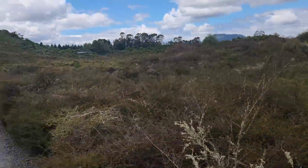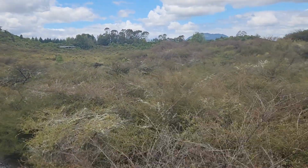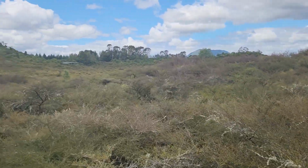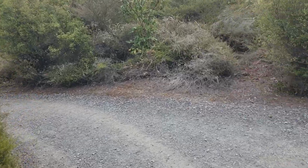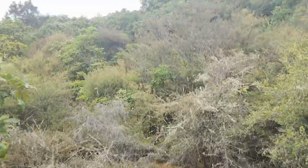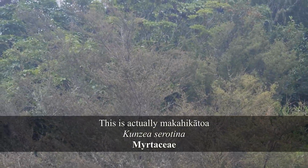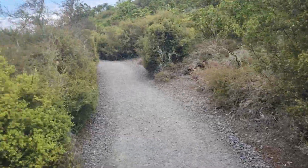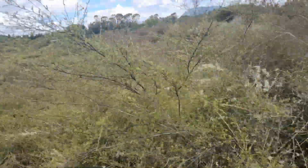But yeah, as you can see, super low stunted growth. I mean, it's only about waist high. You can probably wade out into there and still have your head sticking out over the surface. Whereas other species of Kunzea, they do turn into more of a tree. Keep in mind that there is also the geothermal Kānuka, so it does grow into a tree if it has slightly better growing conditions, but most of the plants